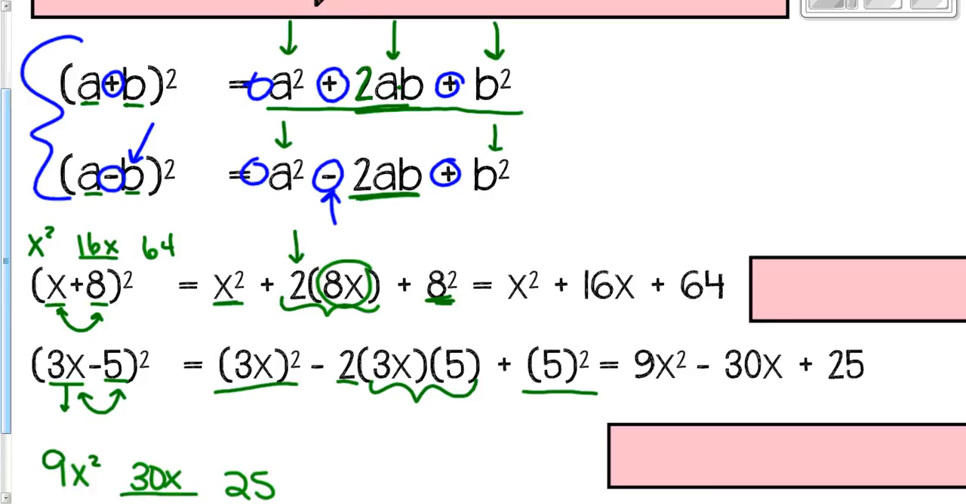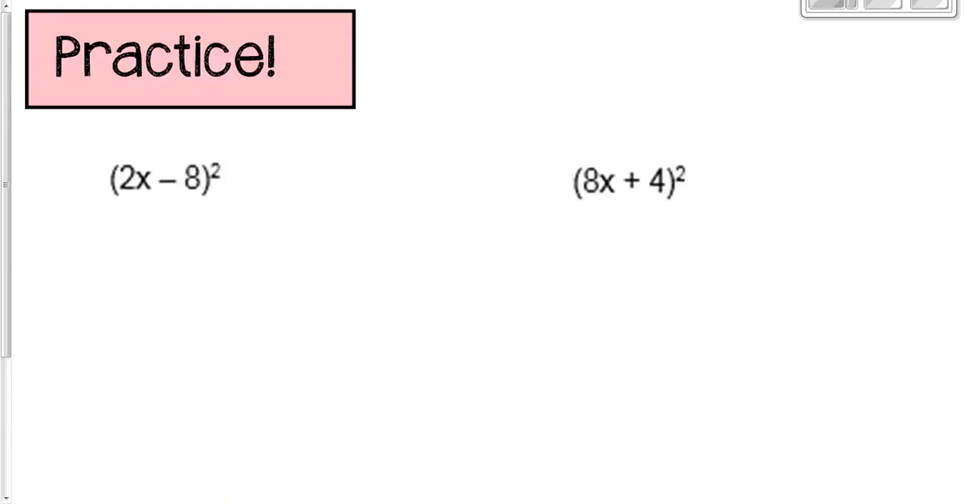Like if I was to go back to the problems we were doing, I'd go ahead and write plus signs here and here, because that's a given. And then I look at the middle, it's a plus sign, so that's a plus sign. That's a minus, so that's a minus. Okay? Alrighty, so if we look at two practice problems, instead of multiplying this out the long way, which we